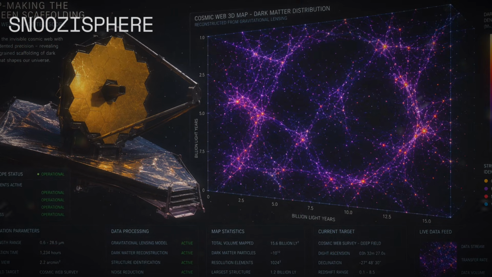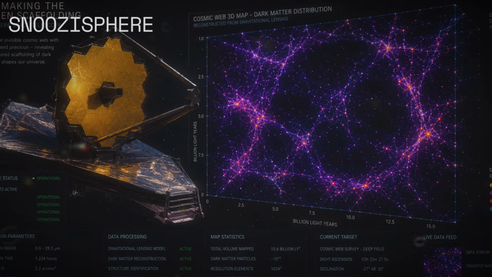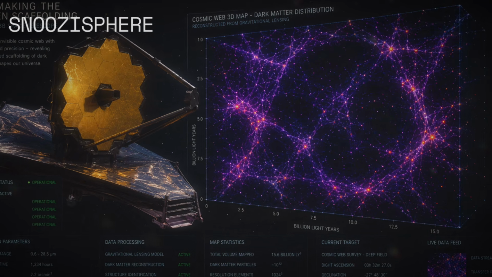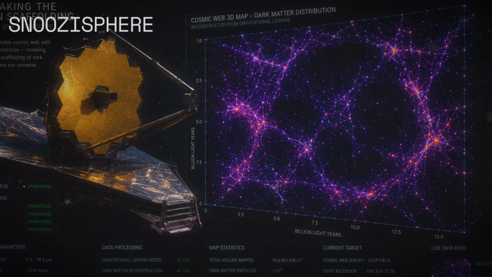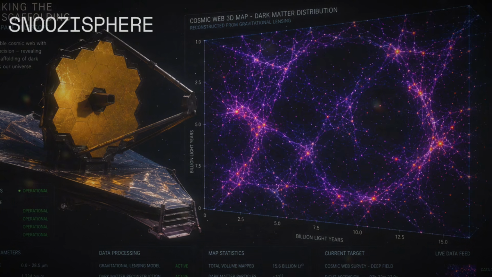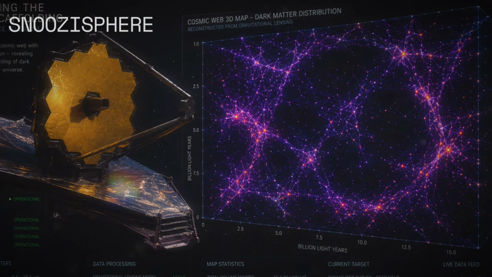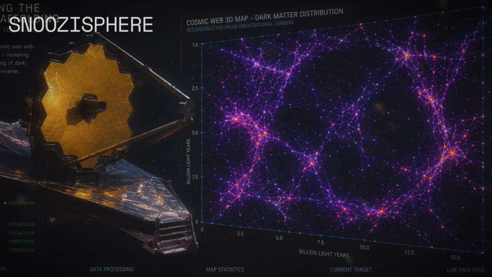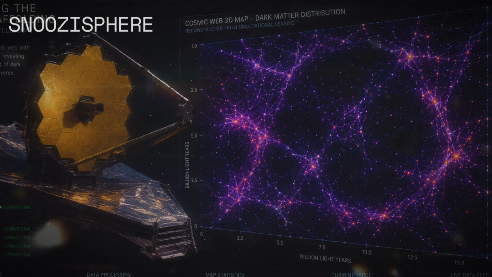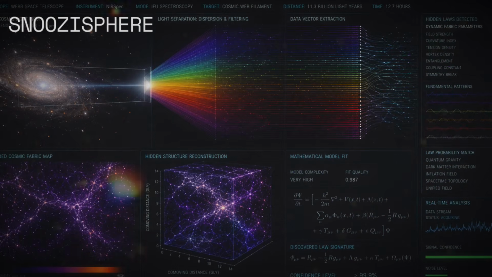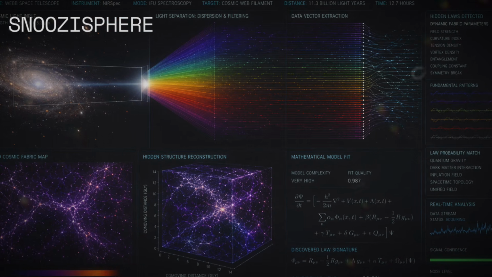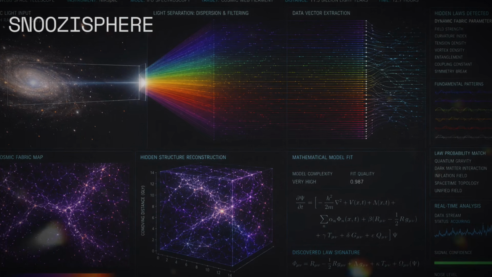To cross the distance to the nearest stellar neighbor requires more than 4 years of continuous travel at this cosmic speed limit. These numbers are too large for our daily minds to hold, so we let them dissolve into a simple feeling of space. We do not need to count the miles or calculate the volumes to appreciate the profound quiet of